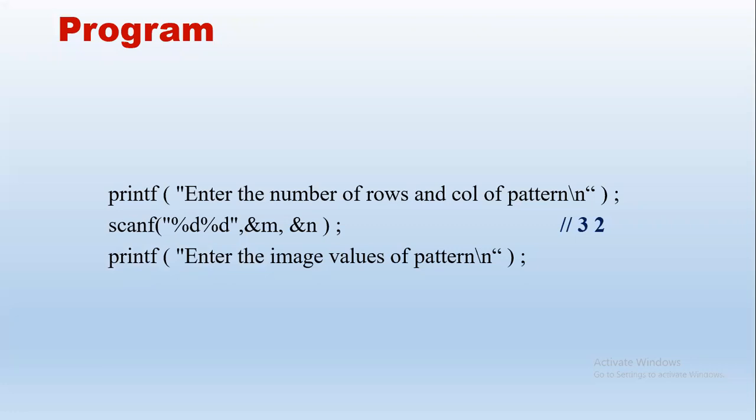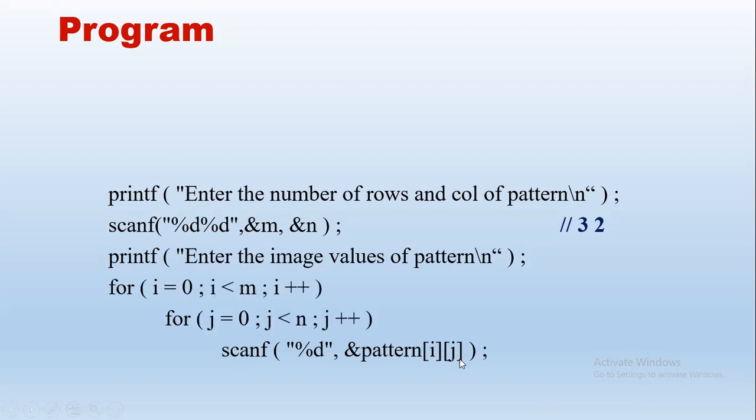Note that we need not give input in the form of matrix also. We may give input in a single line, right? So we will see how to give that. So this part of the code is what we just saw. Instead of ARR, we have the name of the matrix given as pattern. i and j start from 0. So i equals 0, i less than m, because number of rows is m. j also starts from 0, j less than n, number of columns is n. So in this part of the code, we are taking input for the 2D array with the name pattern.